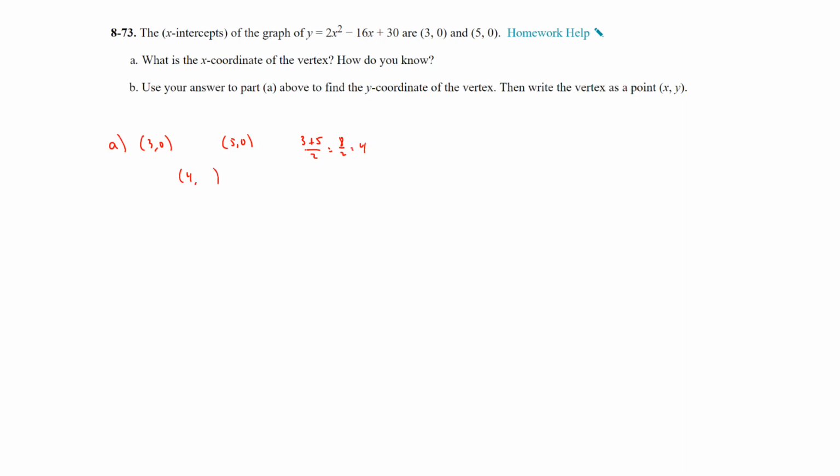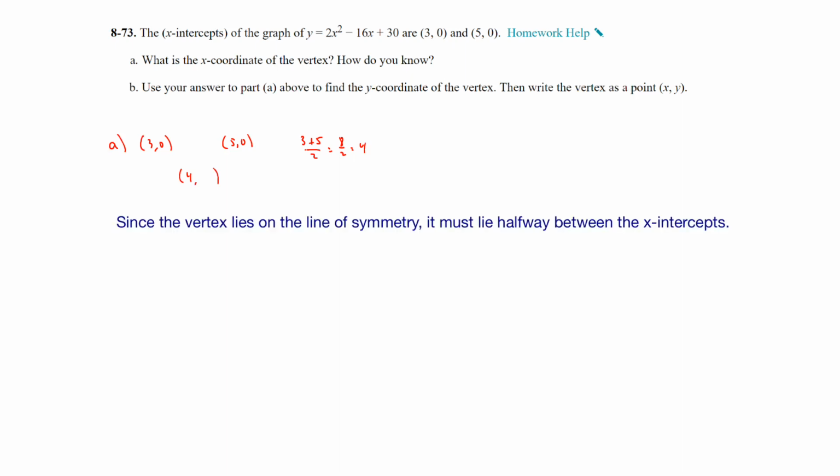So if the numbers were a little bit farther apart, that might be helpful. So what is the x-coordinate of the vertex? The x-coordinate is 4. From what we just talked about, it's the middle because of the symmetry of a parabola between the x-intercepts. So once again, since the vertex lies on the line of symmetry, it must lie halfway